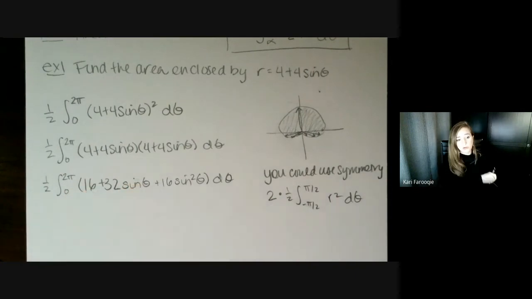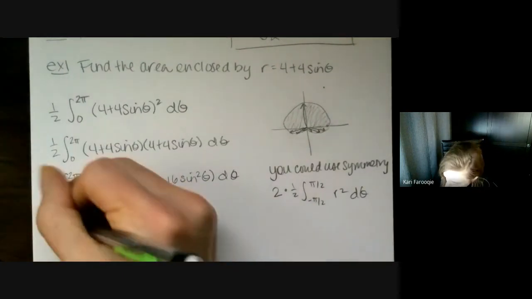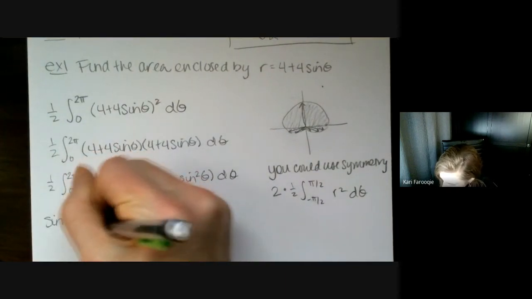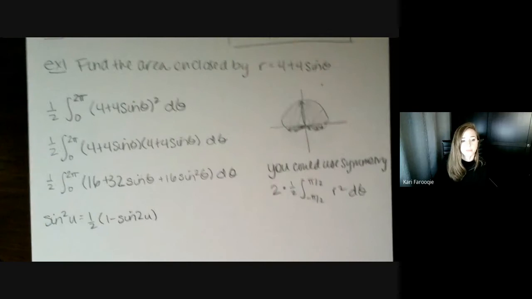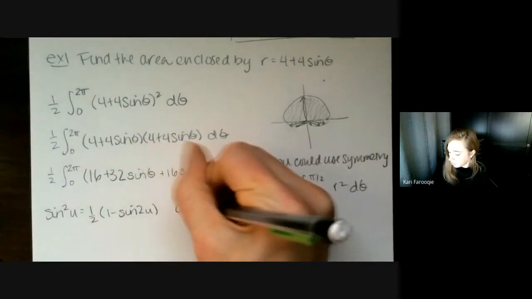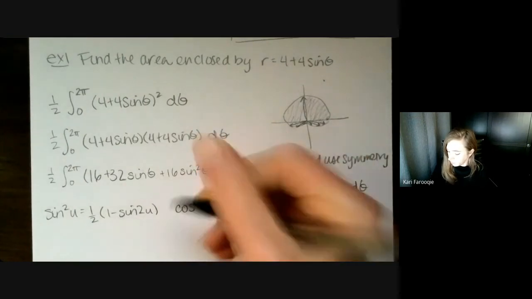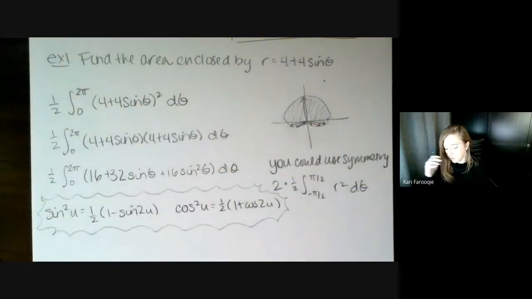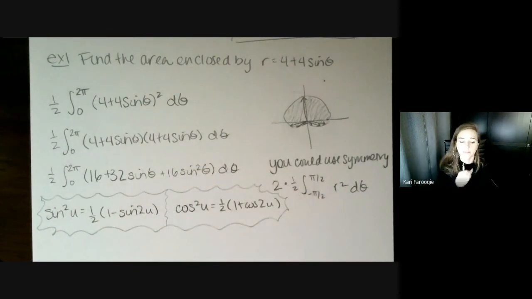Okay, these first two terms we can integrate just like we did in Calc 1. The last term we're going to need to use a power reducing formula for. If you don't remember what they are, I'm going to remind you right now because you're going to need both of them. Sine squared u is 1/2 times 1 minus sine 2u. The cosine one is the plus variation. So if you need to put a big box around these or highlight them or you have them on a separate cheat sheet of formulas that you use all the time, that's fine. You're going to use them all the time.